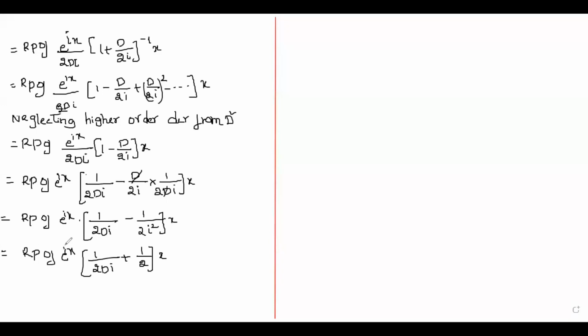So the real part of e power ix into 1 by 2Di plus 1 by 2 into x. Now multiply your x inside. So this will be equal to the real part of e power ix into 1 by 2i into D into x